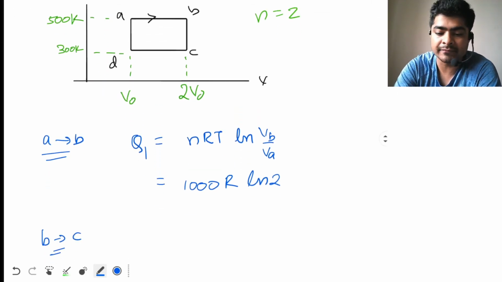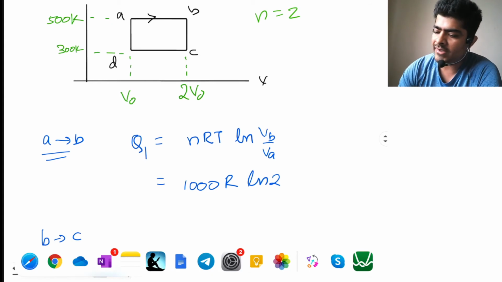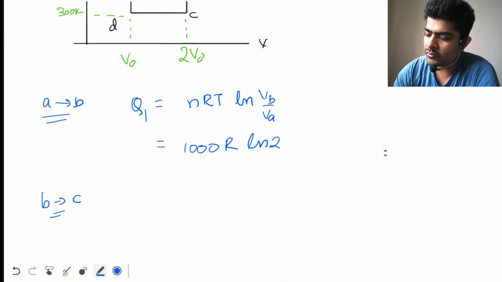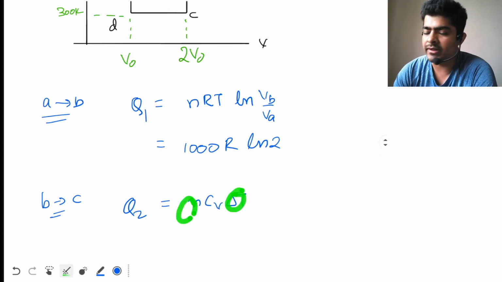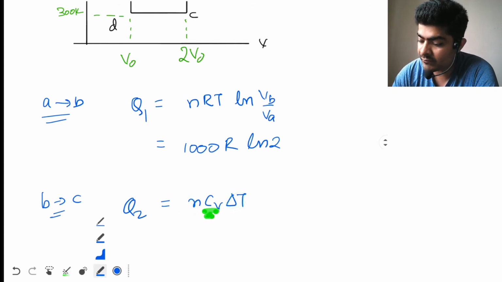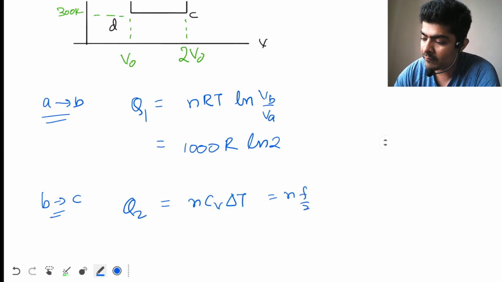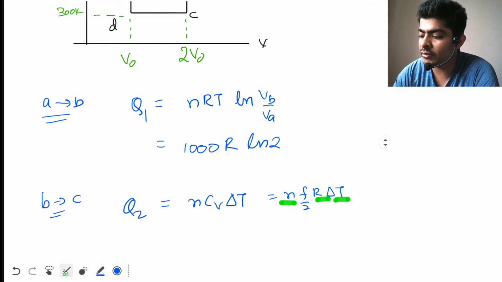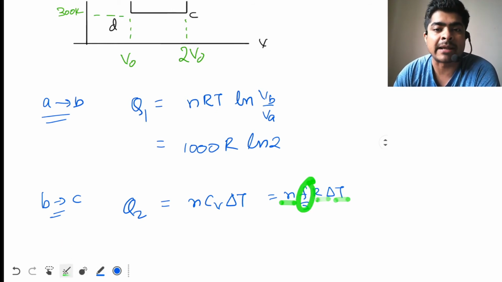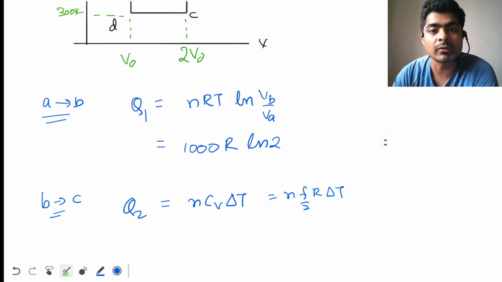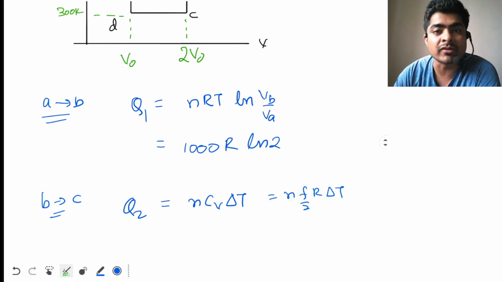isochoric process, right? So for isochoric process, how do you calculate heat? Q will be NCV delta T, right? N is known, delta T is known, but CV is not known. Okay, CV is what? F by 2 R into delta T. So we know R, we know delta T, we know N, but we don't know the degree of freedom because the type of gas is not mentioned. So what to do? So there's one more method to solve this question.